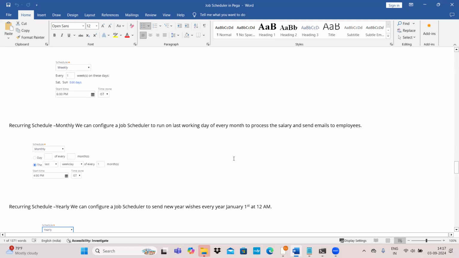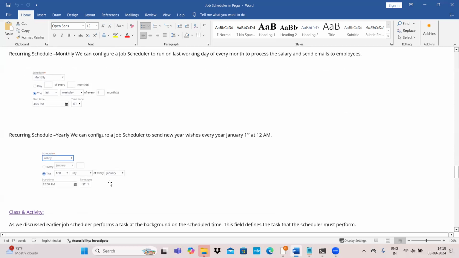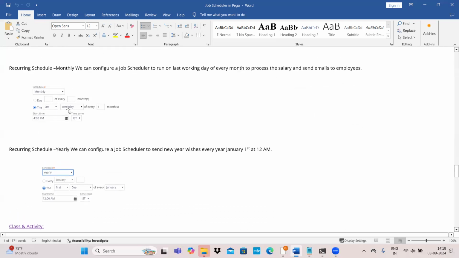I'll show in the designer studio also, nothing to think that I'm only showing this particular document only for a demo purpose. Here you can run this particular job scheduler yearly to send the new year wishes to the employees every year at 12 a.m. on January 1st. And you can also send the notification emails to the employees about the information about the salary credited on the last day of the month. So this kind of